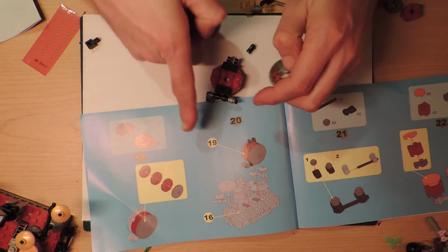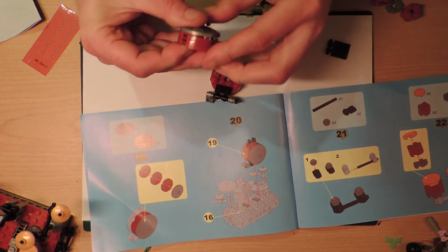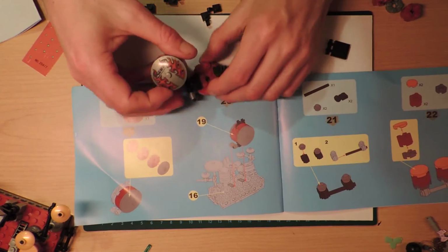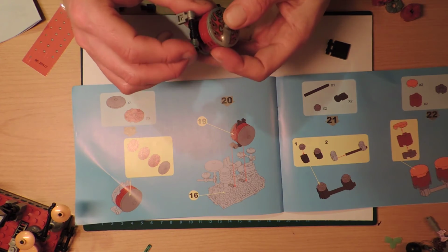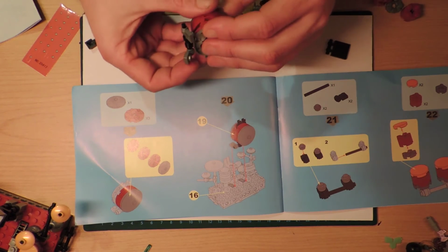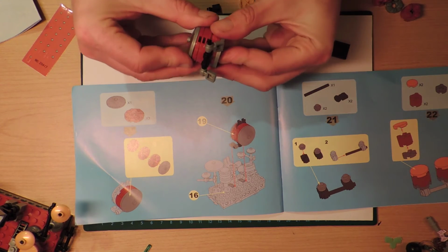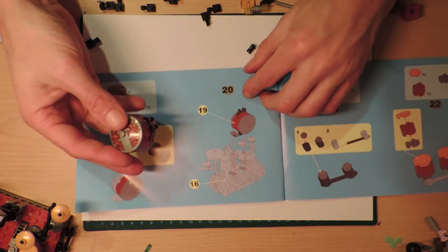I feel like there should be something else to hold this in place. But oh look, it's got a nice little thing on the front, which isn't in the picture. Like they must have added that on. Sweet. And then that just clips over the top. I feel like I should get that the right way around. Oh, you can probably change it once it doesn't. Oh wait, this is going to make me frustrated. Okay, it goes in. We've done it. It's in, and we've made this thing,